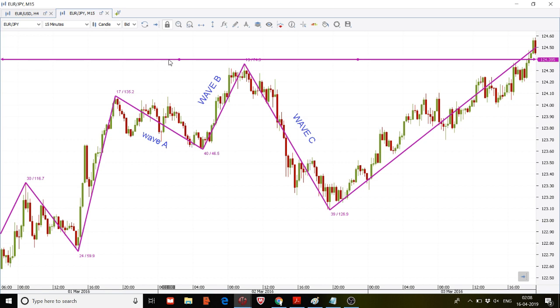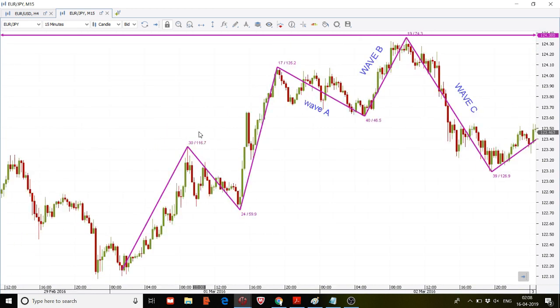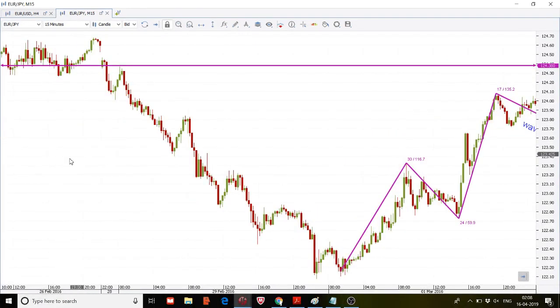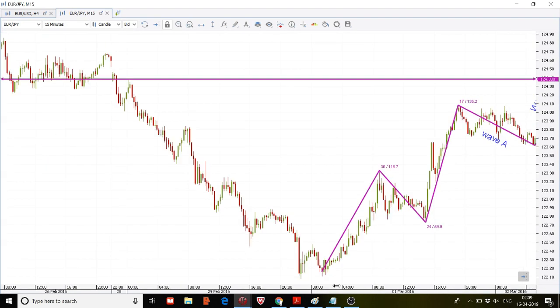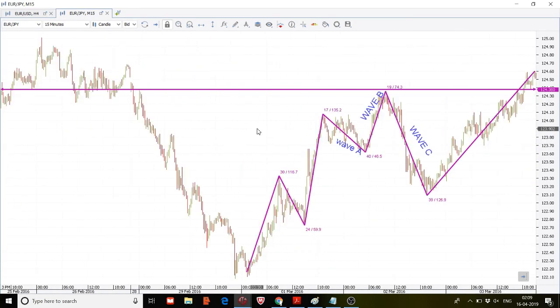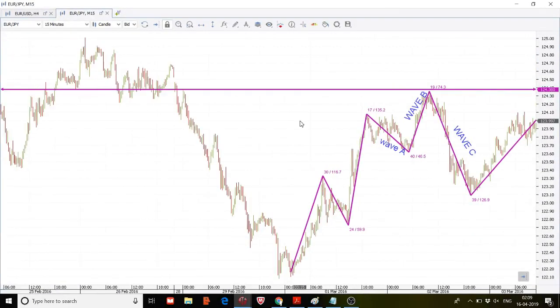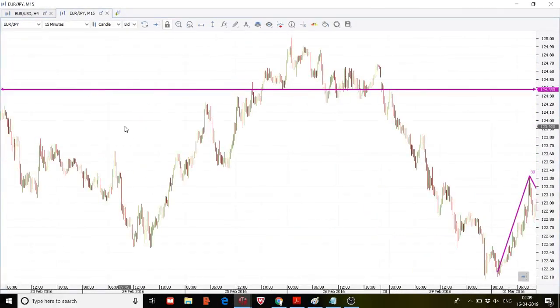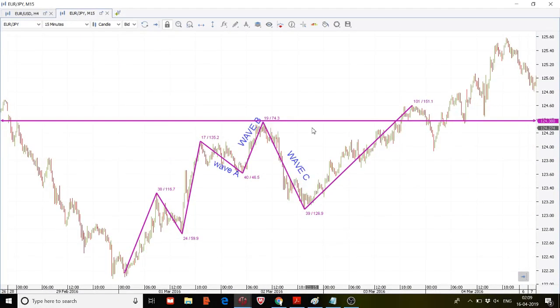So what you can do, you can look for an earlier reference point, because the basic thesis behind the Elliott wave is that market moves in a repetitive pattern. So a similar thing must have happened in the past, and for that purpose you can use it. You will need to look for a similar kind of pattern in the past, because as per my experience